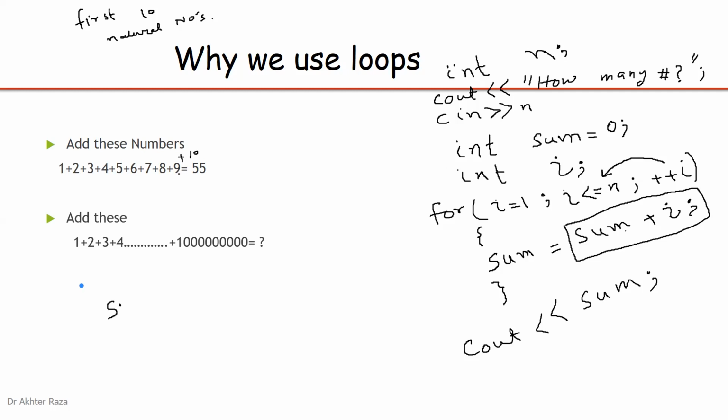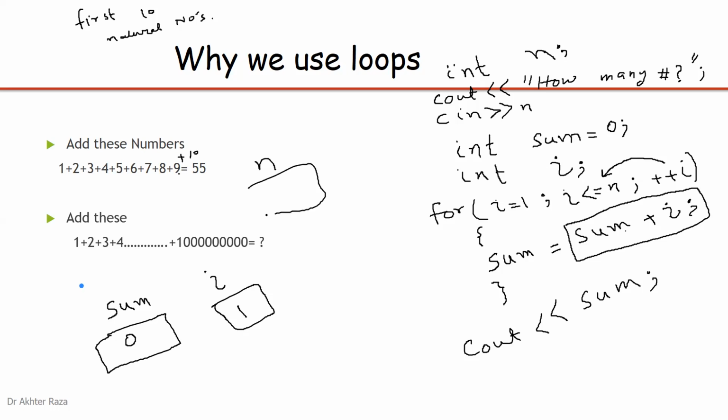A variable sum is declared and the value of sum is 0. A variable I is declared and it's blank at the time of declaration, but when the for loop is started, the value is initialized to 1. So what is n? n is 10. If you want to find the sum of 10 numbers, just put 10 as n. Now, I is 1, n is 10, 1 is less than 10, yes, it comes in and sum and I will be added.